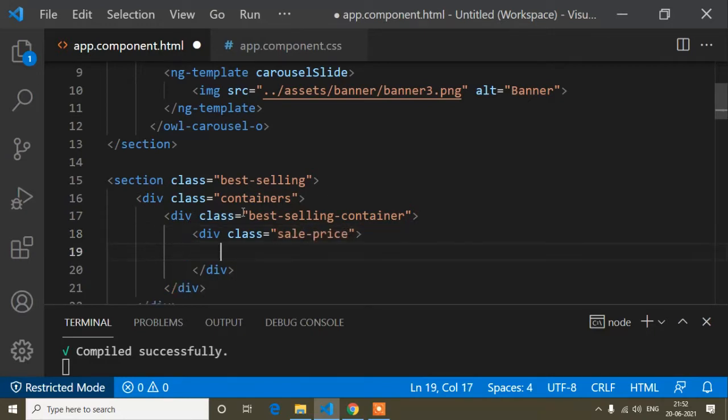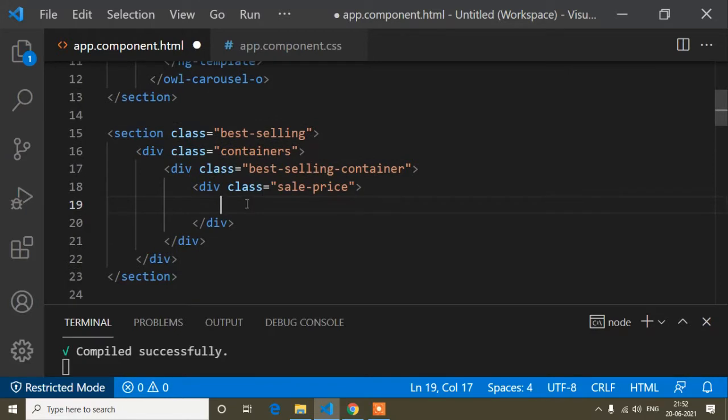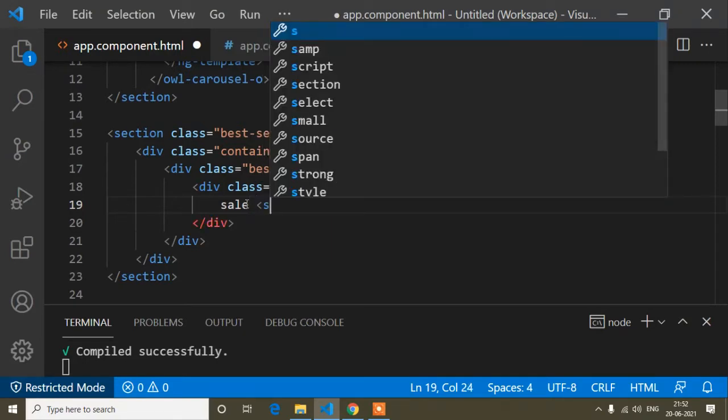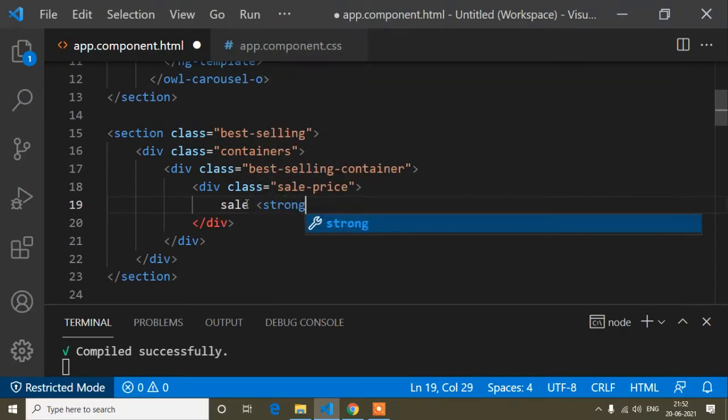First of all I will arrange all the HTML code, and after that, step by step, I will write the CSS, and then it will be more clear to you. In this sale price div I will write the content: sale, with S in capital, and then a strong tag. Inside this strong tag I will write 14%.